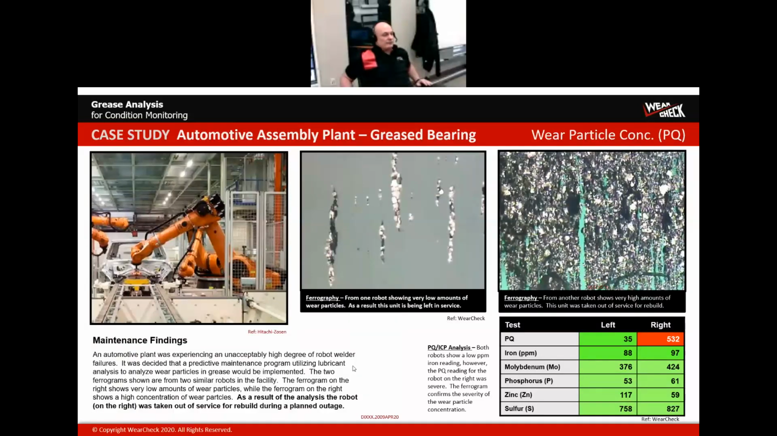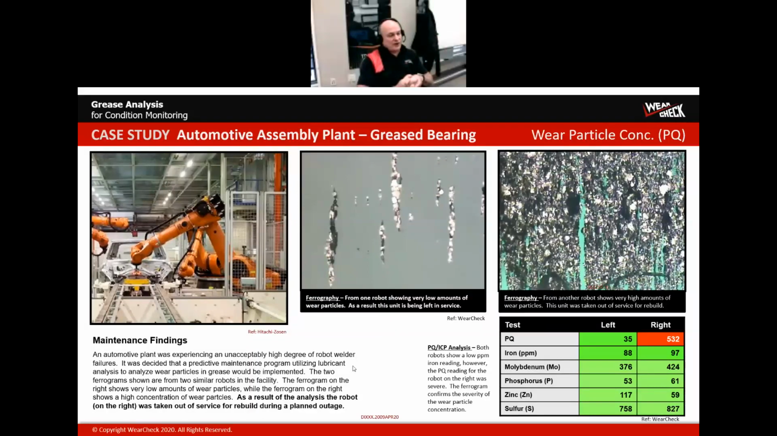And if it takes 5 hours to replace a robot, then we're looking at $5 million in downtime. So the idea with the program is if we detect a bearing that has a significant abnormal wear condition, then we can schedule that for downtime on Sunday evening and replace that robot and not have any production cost loss. So what we did is we ran the PQ on a number of those grease samples,